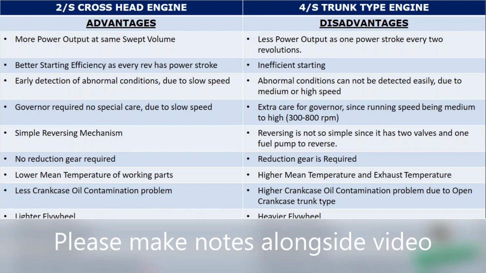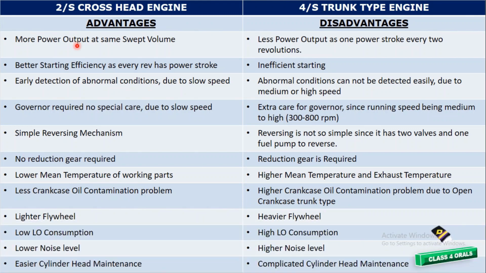The first point as the advantage and the disadvantage of the 2-stroke and the 4-stroke trunk type engine is that the 2-stroke has more power output at the same swept volume, whereas the 4-stroke has less power output as there is 1 power stroke every 2 revolutions. In the 2-stroke, there is better starting efficiency as every revolution has a power stroke, but in the 4-stroke